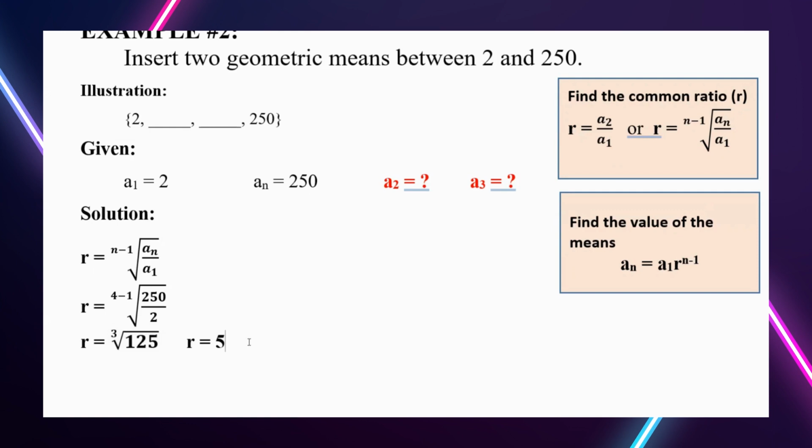Since we have already the value of the common ratio, therefore, we can now solve for the value of a sub 2 and a sub 3, which are the two geometric means na hinahanap natin sa pagitan ng 2 and 250. So, una natin gagawin is find the value of the a sub 2. So, ang value ng a sub 2 natin, using the formula, so we have